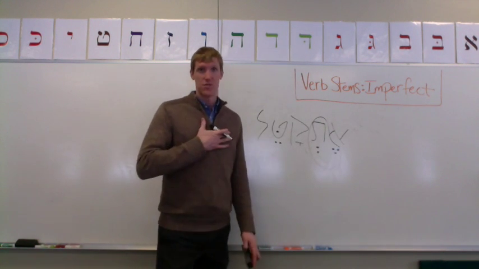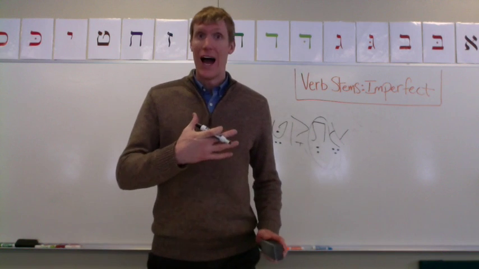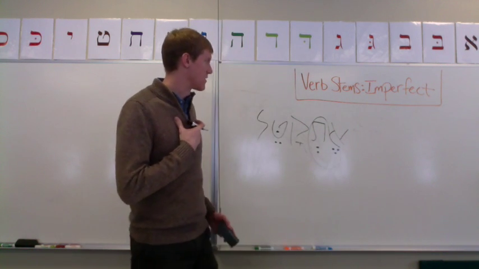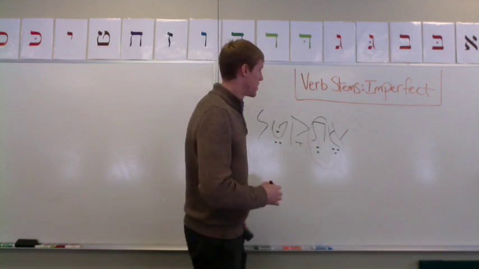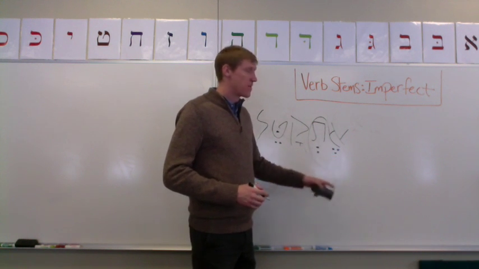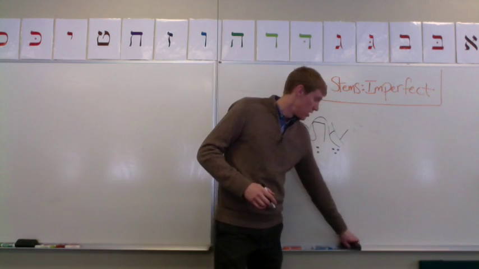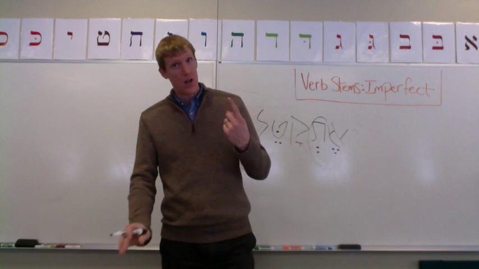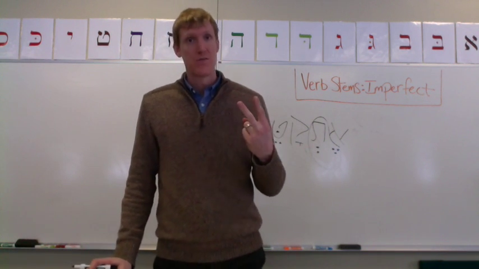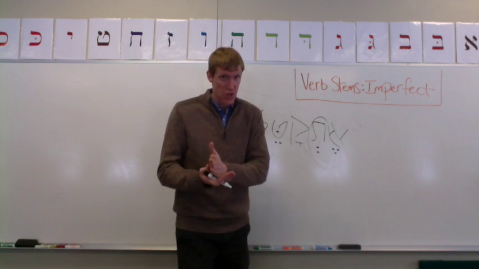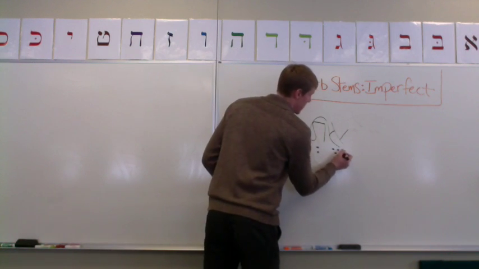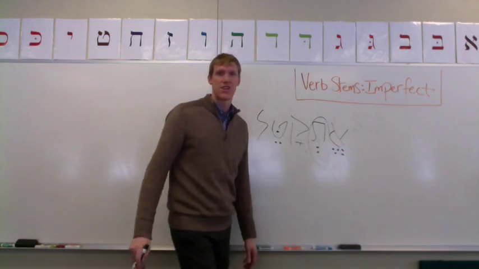If it's a first common singular, ani, imperfect form, it will have the segol, other than in the pu'al and the pi'el, which have a shva, you'll recall. Here it'll have a composite shva with a segol, so